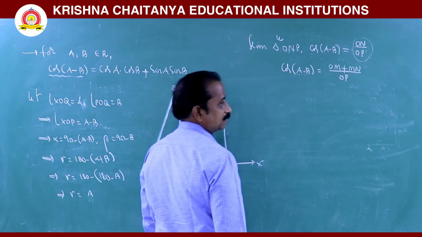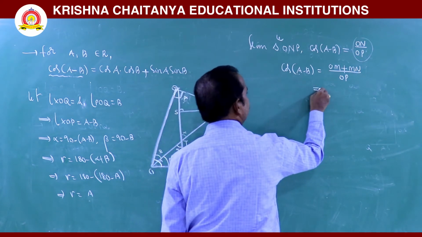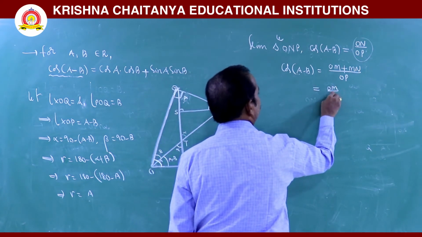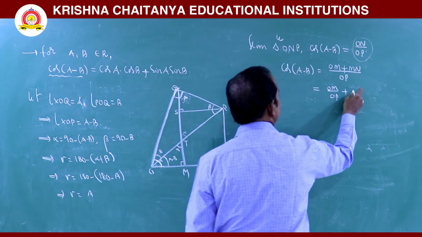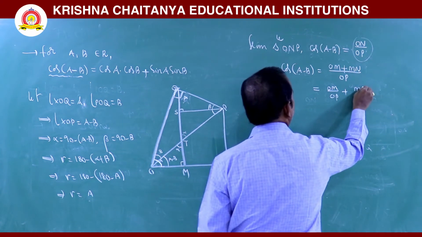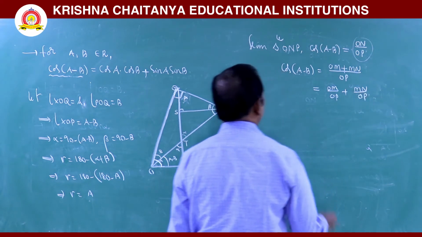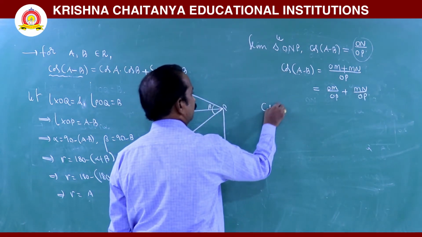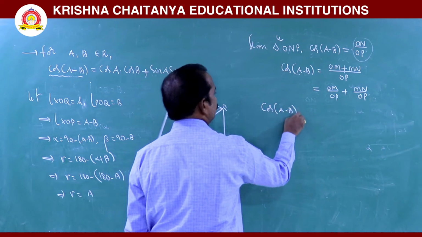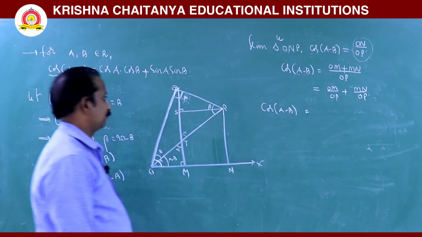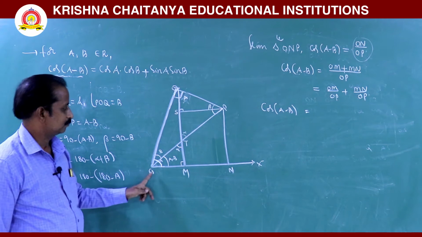We are splitting this as OM by OP plus MN by OP. So cos of A minus B is equal to OM by OP